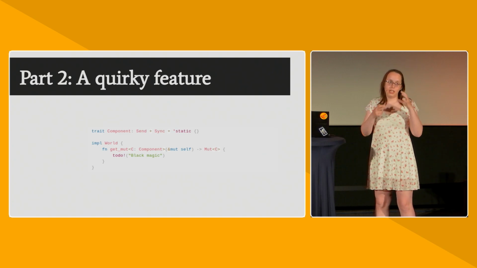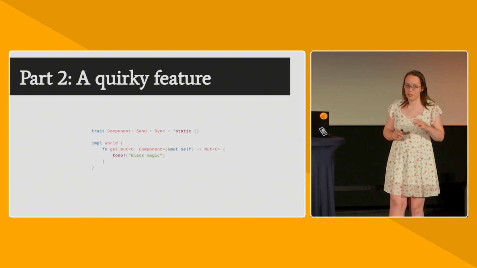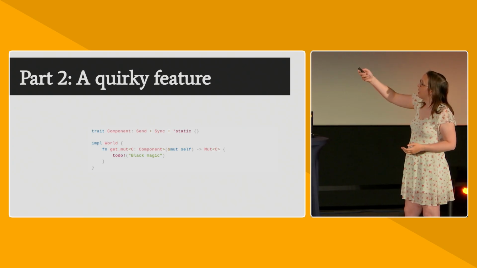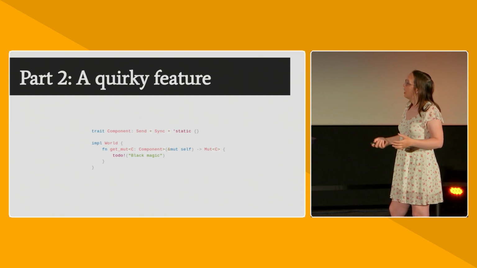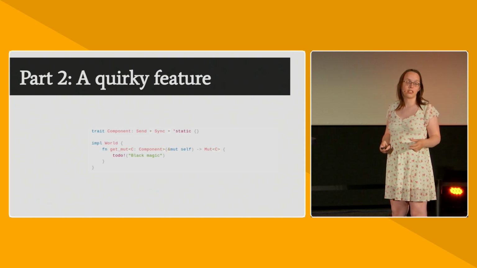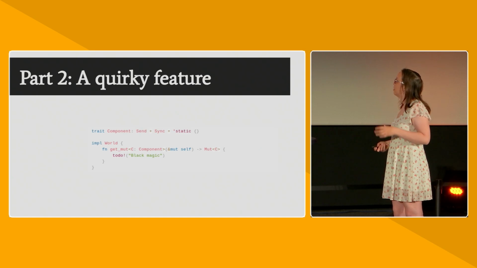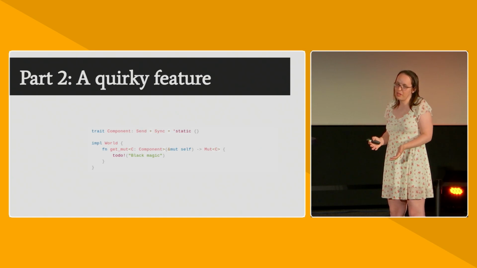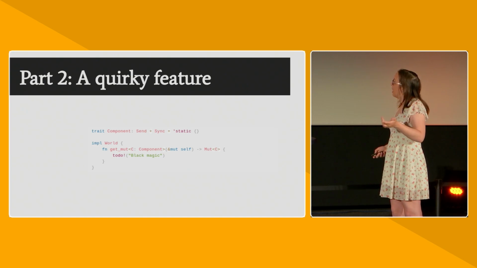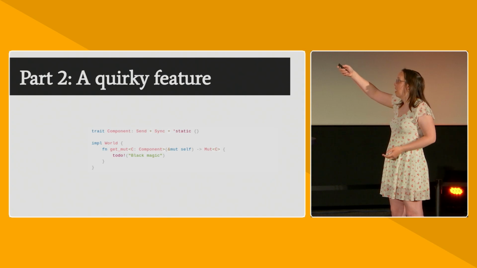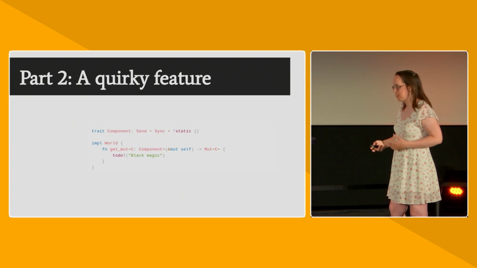So to understand how you might implement that, let's take a look at a only slightly simplified version of our component trait. So we have Send plus Sync plus 'static. You guys love it. The Send plus Sync plus 'static bounds: it's Send and Sync, so you can send the data across threads, and it's 'static, so then you can get the type ID out. And it's just a trait, and you just implement it. Very, very easy. We have a derive macro to make this even easier. And then when you're calling get_mut on it, you have a Component bound, so then you can only get components out, so then you know how to access them properly, and so on.